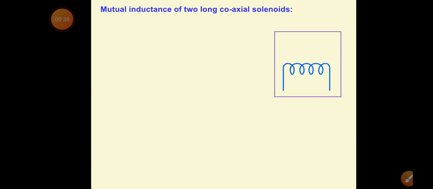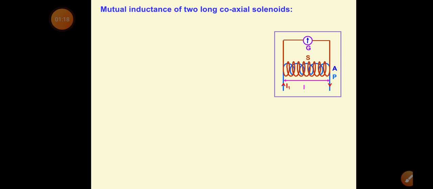Let us say we have two solenoids placed coaxially. Let us say the first one is P and the other is S. Blue colored is the first solenoid and red colored is the second solenoid. Forget about this circuit now. Let us say we want to detect what induced current is induced in the second solenoid. For this purpose we have connected a galvanometer across the second solenoid here. Let us say the length of both solenoids is L, and A is the area of cross section of each solenoid.